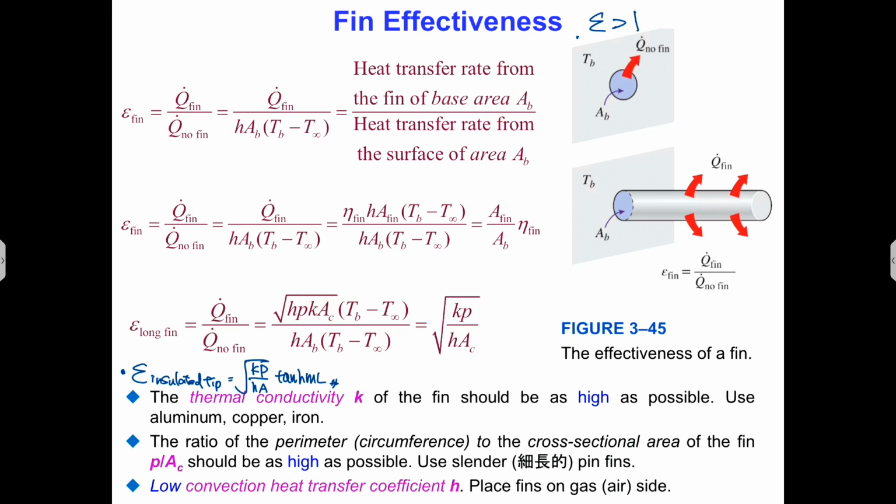Okay, and the second, then we can try to make the fin as slim as possible. 好，我们可以让它的几何形状改变，所以 P 除上 A 的时候，让它的值变高，然后它的周长对上它的面积的比值是高的。